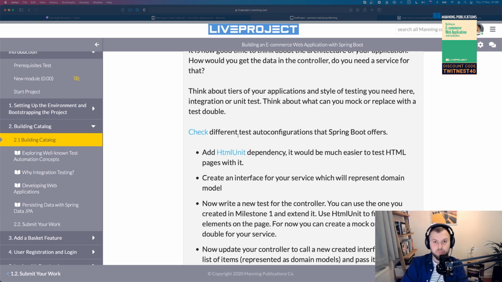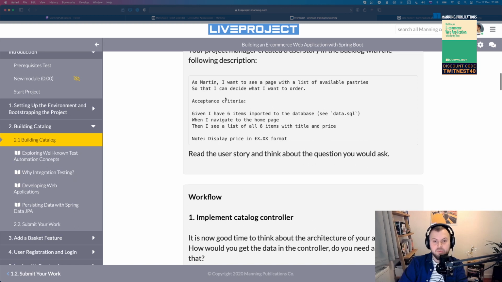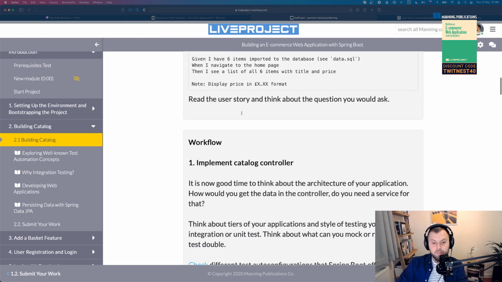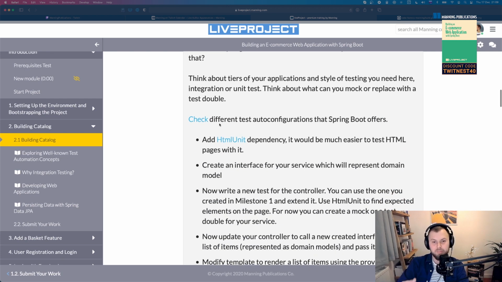You have a story to work on, and you have a recommended flow from me, but you don't have to follow it. The ultimate goal is to implement that user story. If you can achieve that in a different set of steps or in a completely different order, that's absolutely fine. Feel free to do whatever works for you. But if you don't feel comfortable starting from scratch, this is a good step-by-step recommendation of what you need to do to get to the end goal.